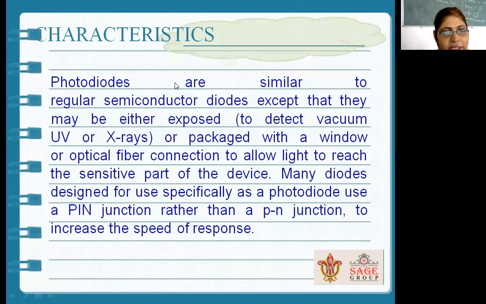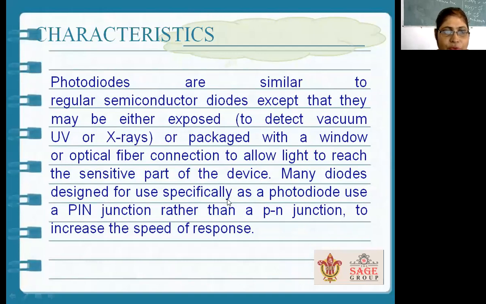Now the characteristics. Photodiodes are similar to the semiconductor diodes you have already seen, but here the material is different. Except that, they may be exposed to X-rays or different types of light, or packaged with a window or optical fiber connection to allow the light to reach the sensitive part of the diode.